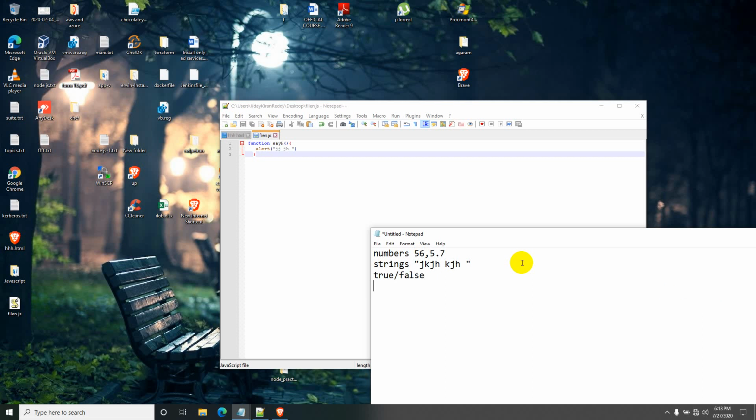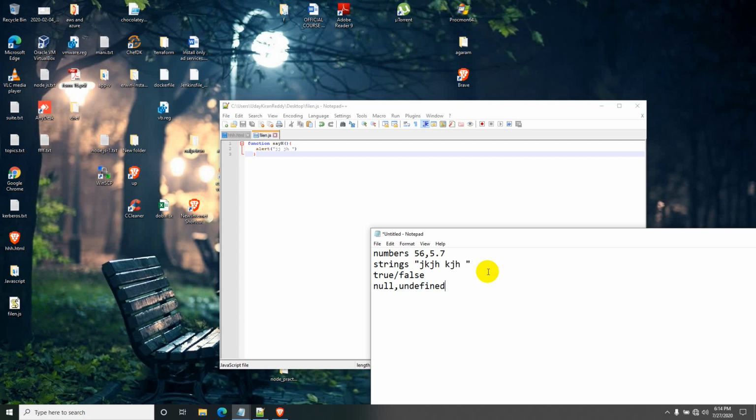JavaScript also defines two trivial data types, null and undefined, each of which defines only a single value. In addition to these primitive data types, numbers, strings, and the boolean values, JavaScript supports a composite data type called object, which we'll discuss later.